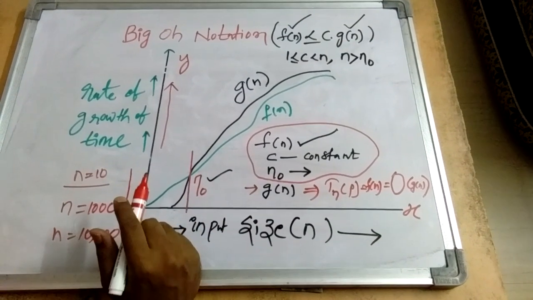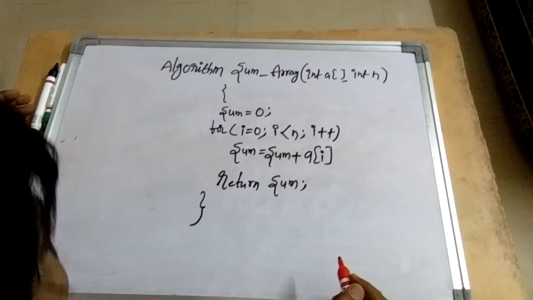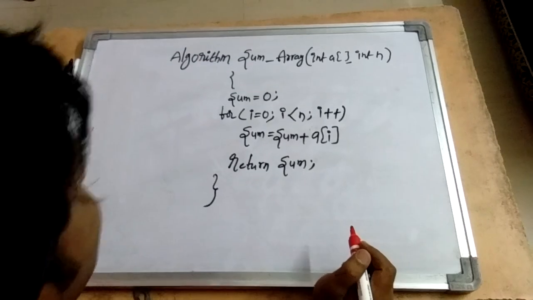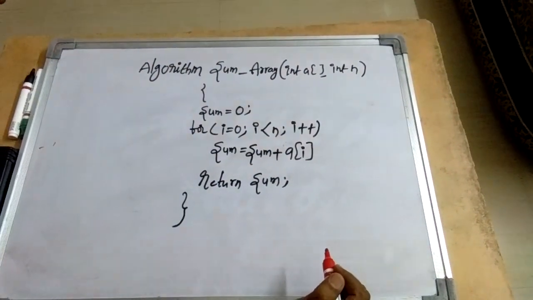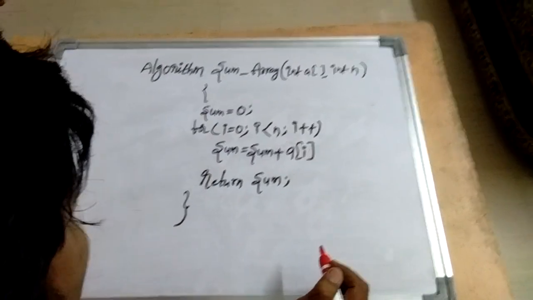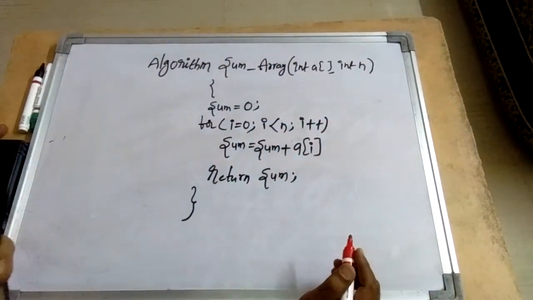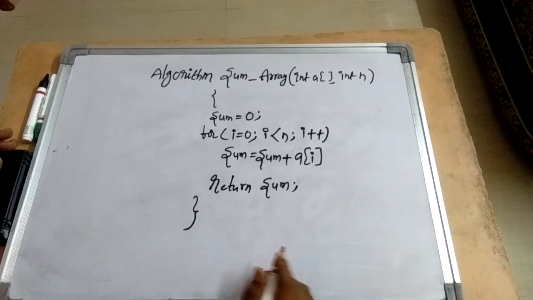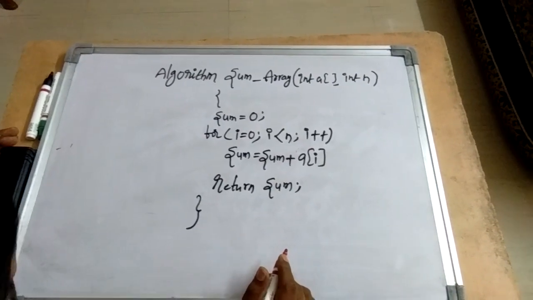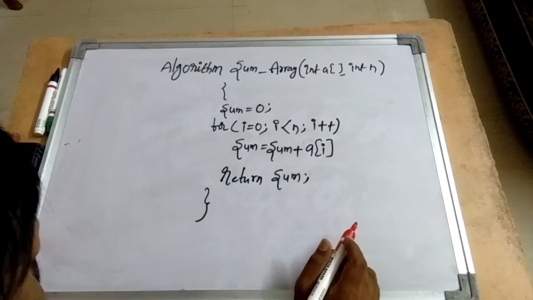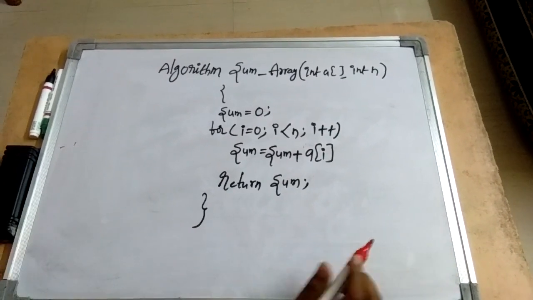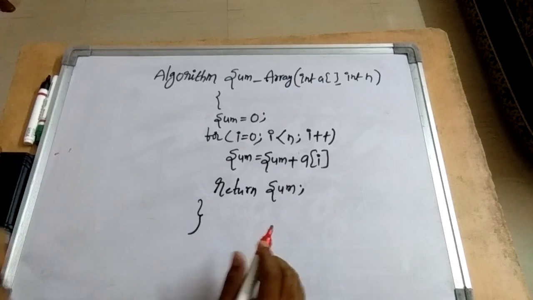Okay, let us see with an example. Okay guys, let us see. I have taken an example. I would like to perform the sum of the given array elements. I have written almost a complete program, not an algorithm. Almost 99% you can convert this into a program, not an issue. Now how do you perform the sum of the given array elements? So I have written the logic here. Now the target is we have to find out the runtime needed for this program.